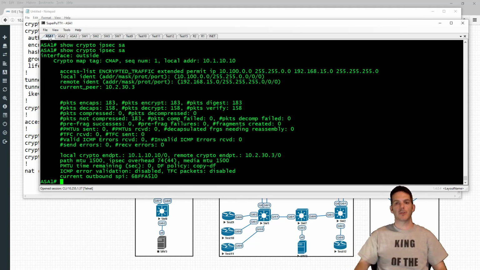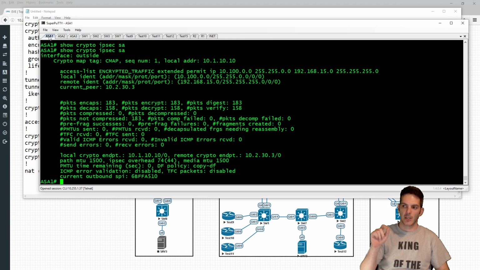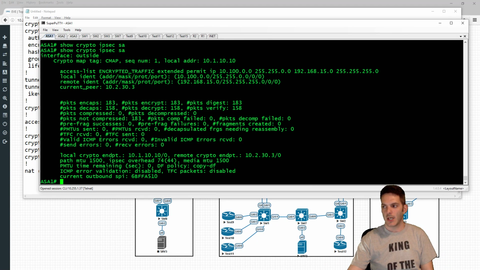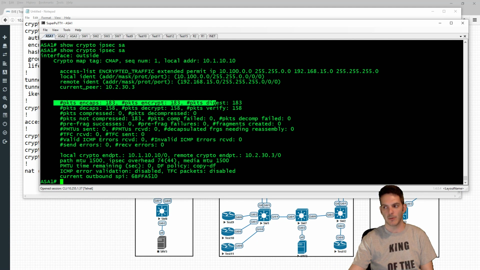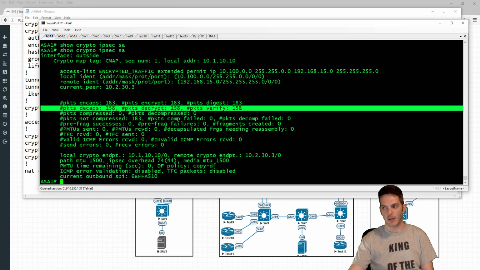Now, if you run into a situation where you have one side incrementing, but the other side, or in this case here, this bottom half, is not. So this traffic right here, this is outbound. This is inbound, so you're decapsulating and decrypting. If you have incrementing encapsulated or encrypted traffic, but no incrementing counters on the decryption side, that means that one of two things has happened. Either